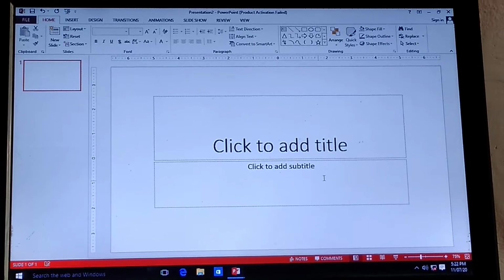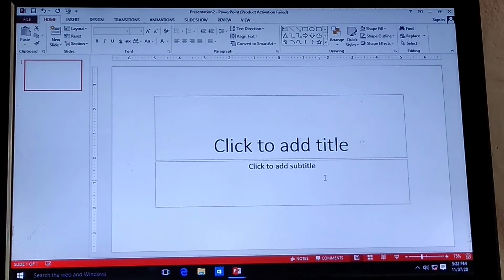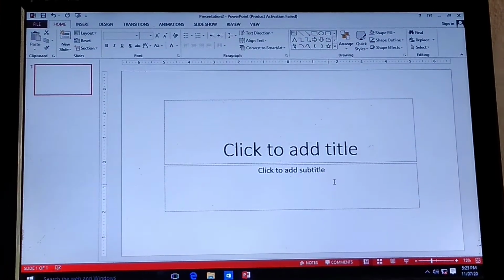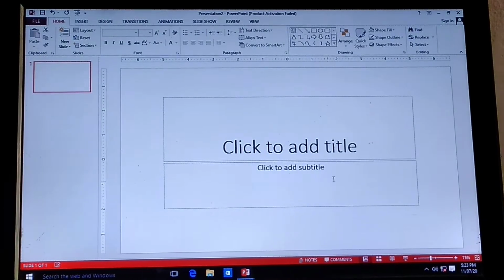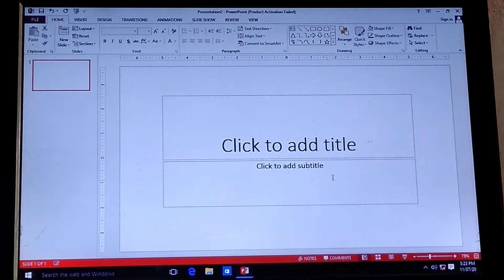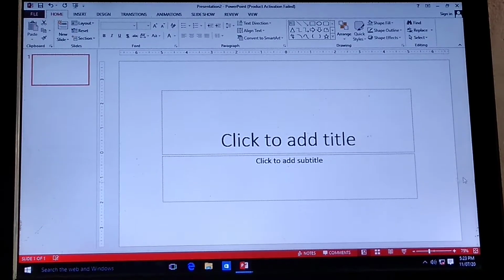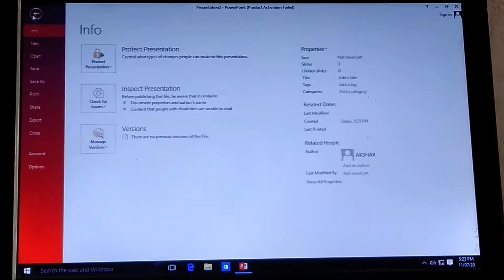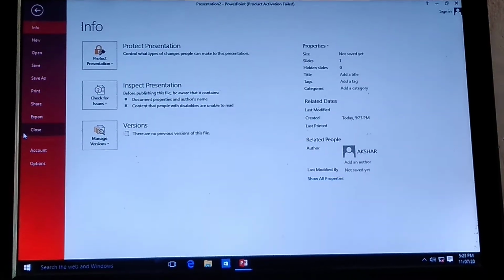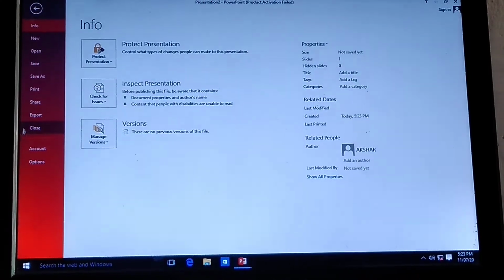Now, if you open page number 116, you will see how to use themes. Now, what is theme? Themes are used to add color and style to a presentation using pre-designed, pre-formatted patterns. Following are the steps to create a presentation using a theme. Now, again, in order to use a theme, we have to again click on File, then File tab to go to the backstage view. Then click on New button.